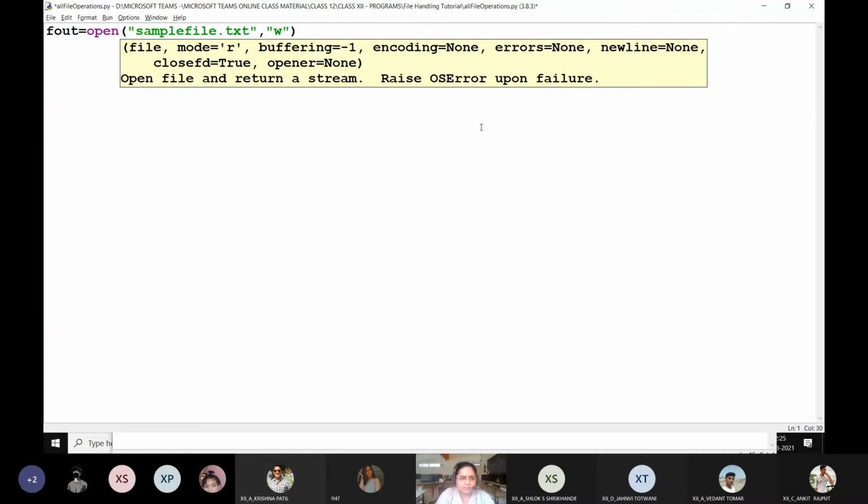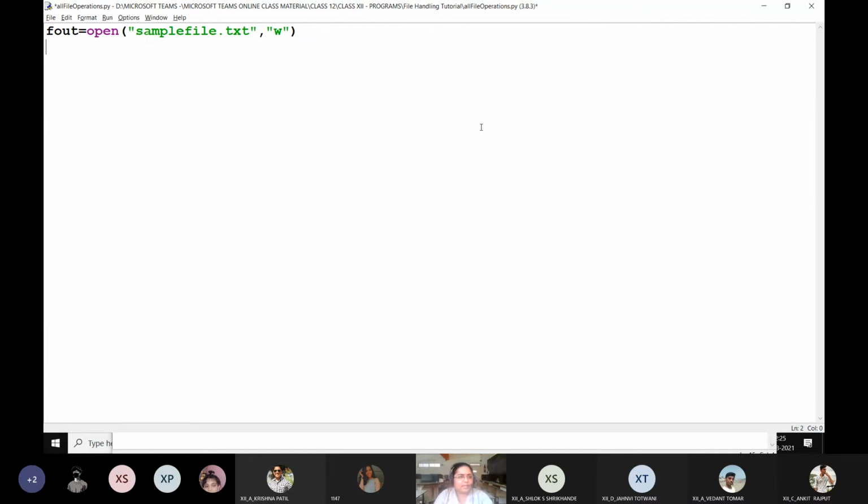And write mode. Now I'm going to run a loop where I'm going to ask for some random strings from the user. So for that, let me write here.